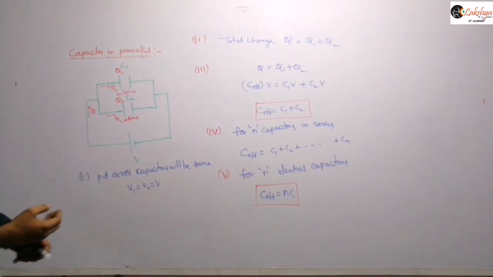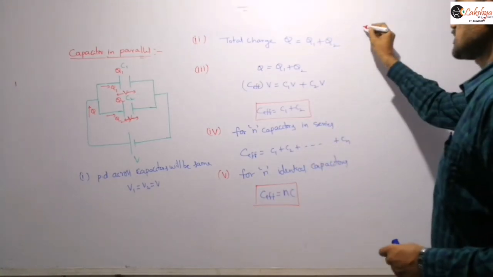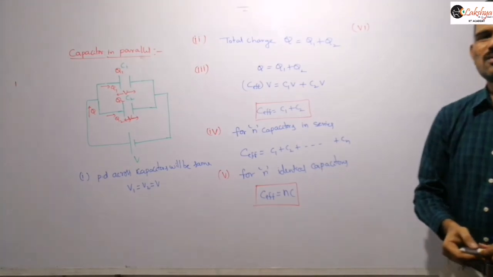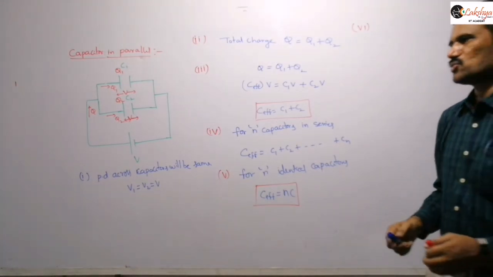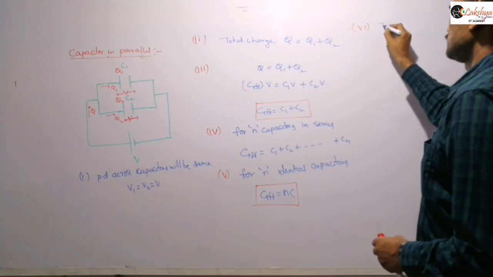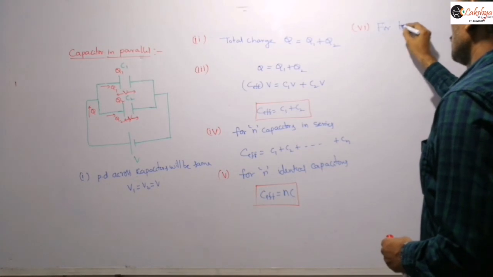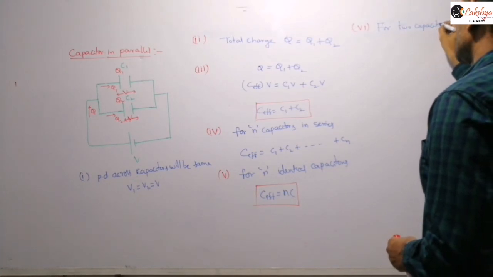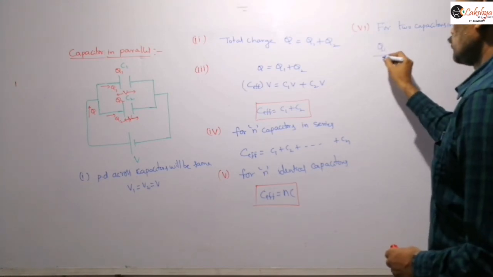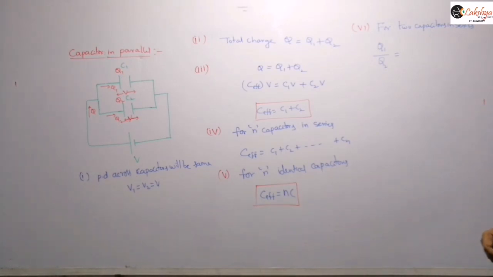Then next, what we can write here is the ratio of the charges stored on these capacitors. That means, what is the Q1 by Q2 ratio if you want to find here, the ratio of charges stored on these capacitors. So for two capacitors in parallel, the Q1 by Q2 ratio, the ratio of their charges: